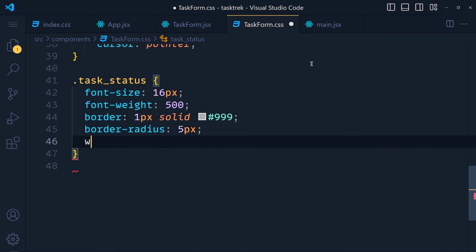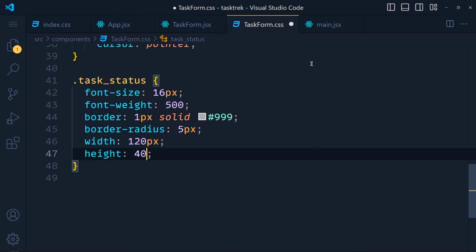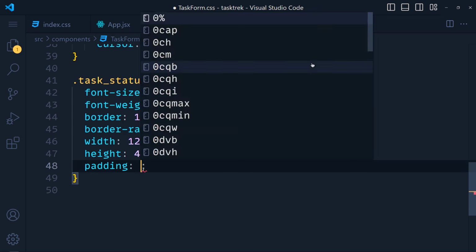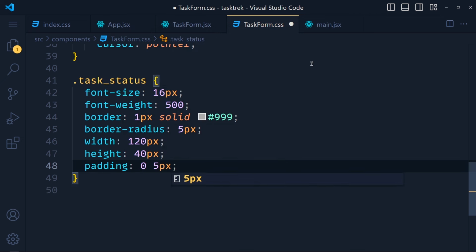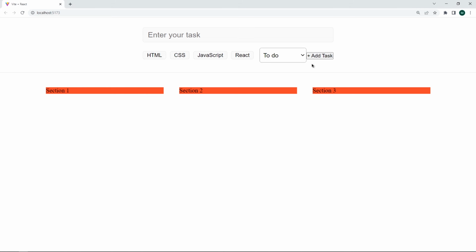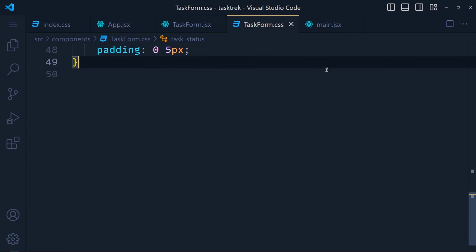After that, width to 120 pixel, height to 40 pixel, and padding to 0 and 5 pixel. Save these and see, our drop down is also ready. Now last style for this submit button. So back to VS Code and write